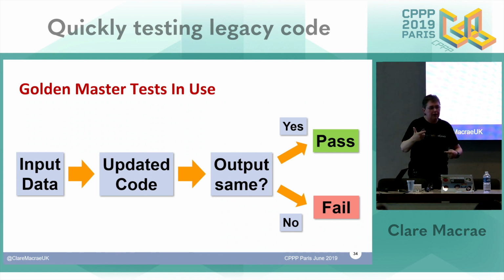And then over time, as you're updating the code, you keep putting the same input through the program. In the case where you were refactoring and not intending to change the behaviour of the code, if the output is the same, that means your test has passed. And if the output changed, you've probably made a mistake in the refactoring. You want to fix the edit that you made, or probably revert it in source control and come back and try a different way.